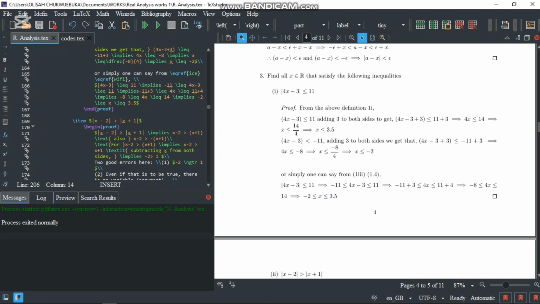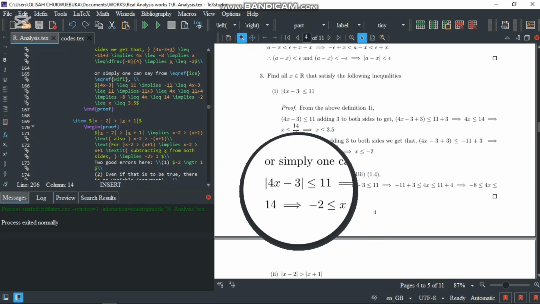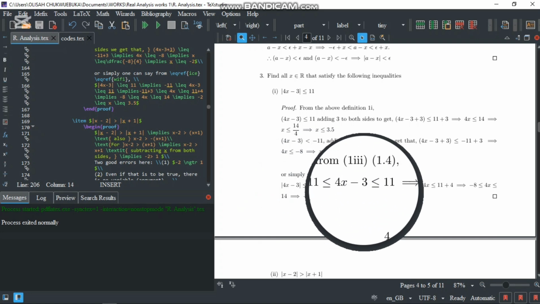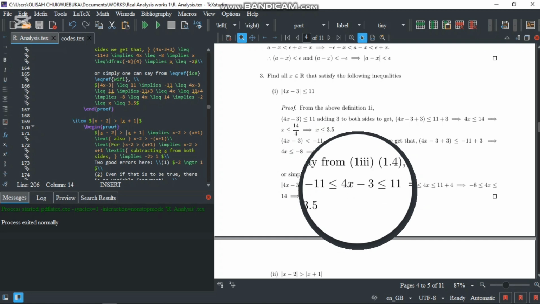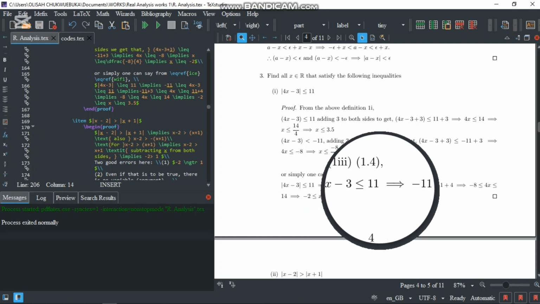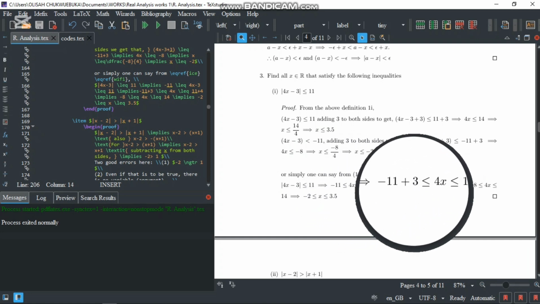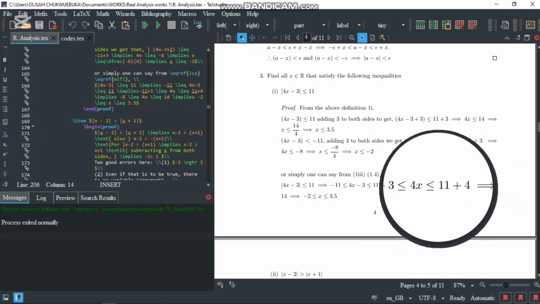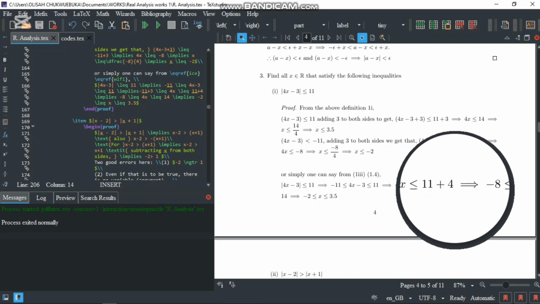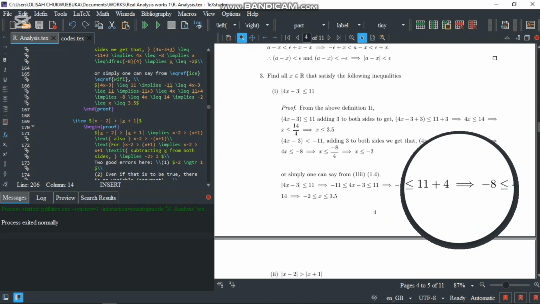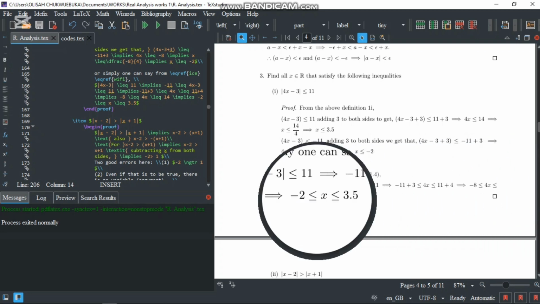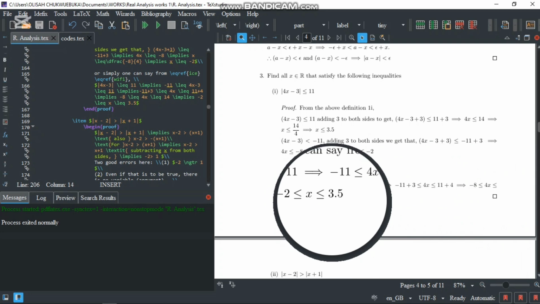There's another simpler way that we can do it. The absolute value of 4x minus 3 less than or equal to 11 simply implies that negative 11 is less than or equal to 4x minus 3, which is less than or equal to 11. Adding 3, we have negative 11 plus 3 is less than or equal to 4x, which is less than or equal to 11 plus 3. That implies that negative 8 is less than or equal to 4x, which is less than or equal to 14, so our answer is negative 2 is less than or equal to x, which is less than or equal to